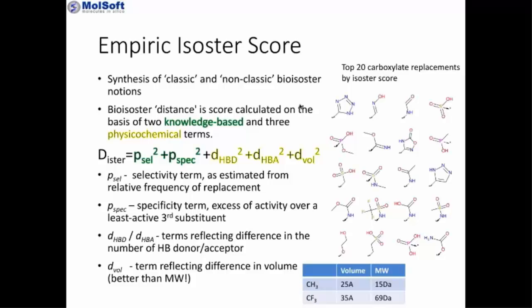And then the other term reflects the fact that, inherently, again in the SAR series, some positions are tolerant of replacements because they probably don't interact much with the receptor, so more or less anything that you place there would have comparable activity. But it doesn't mean that the groups are really isosteric, they just don't really affect binding much in this particular context. So to reflect that, we would also look at a third group in the same series